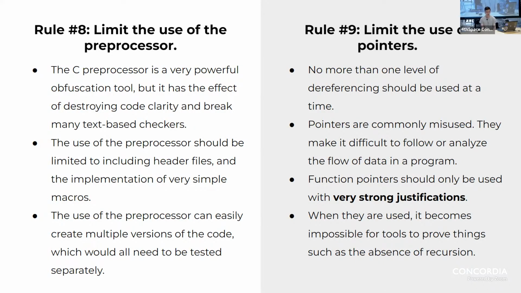If there is the need to use pointers, usually you want to stick to a single level of dereferencing at a time. So if you have, let's say, a two-dimensional array that you're storing using a pointer, so let's say char star star, you want to dereference the first array separately, and then from that variable you just created, dereference it a second time. You want to try to avoid dereferencing it twice in the same statement to make your code more readable and easier to understand.